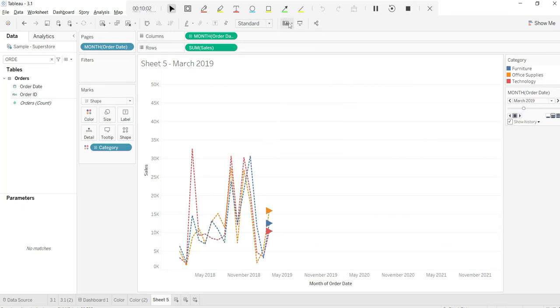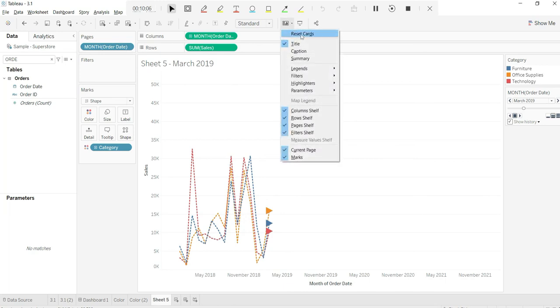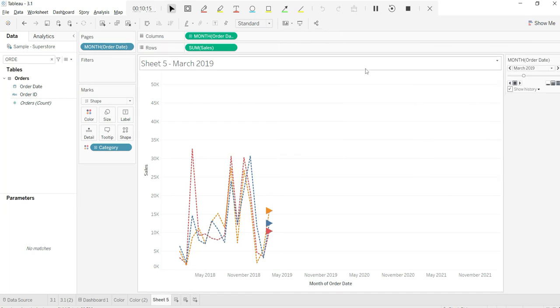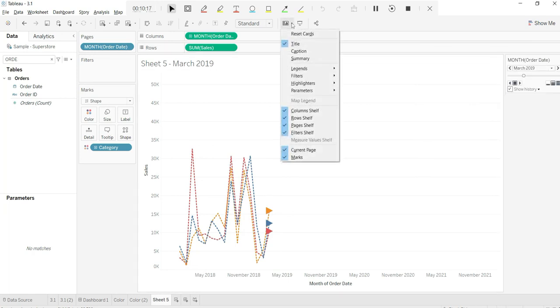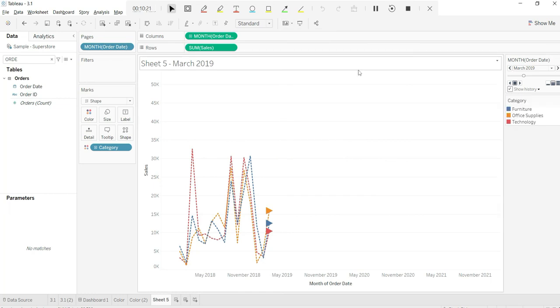So with the help of this option like show and hide card, you can reset your card or you can make any changes. For example, if I don't want to show legend over there, color legend, I can just make it vanish over there. Like if you want to get it back, you can do it like this.